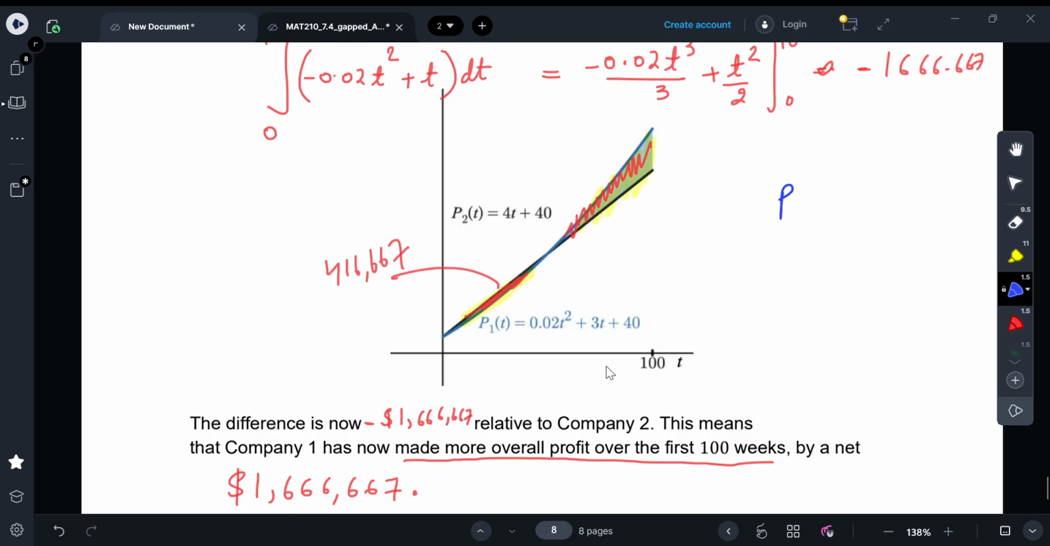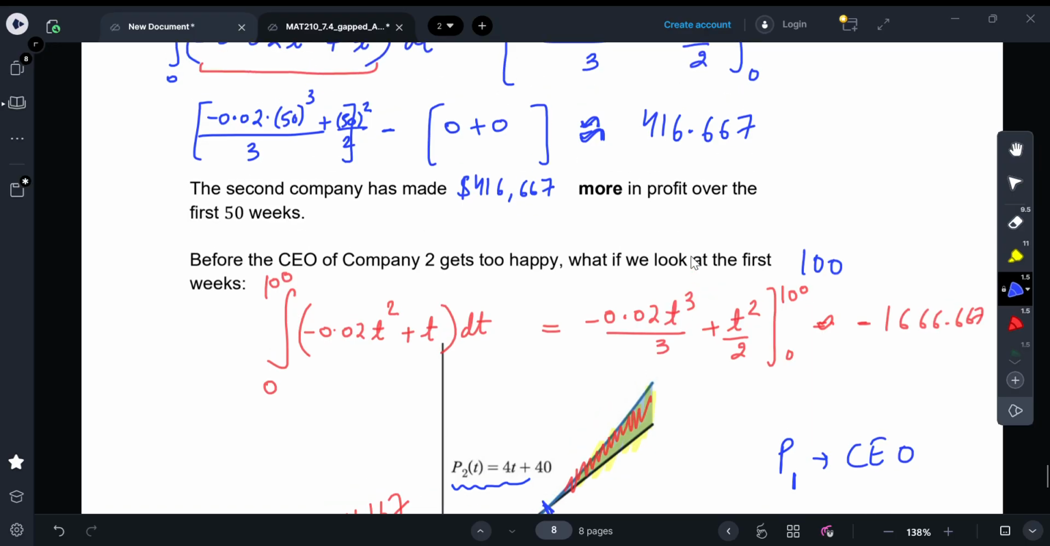It might be very possible that you are the CEO of company P1 and you might lose money by the first 50 weeks, as you can see from the graph, and your friend or your frenemy, who is the CEO of company P2, is making more money, and they are just rubbing it in your face. Do not give up, because who knows, maybe after the 50-week mark you will just kill it, make a killing, and make a net profit of 1.6 million. So take this as a lesson. Do not give up in life or in math,